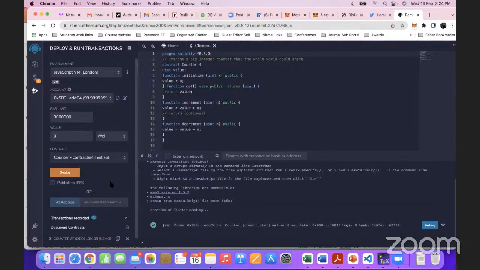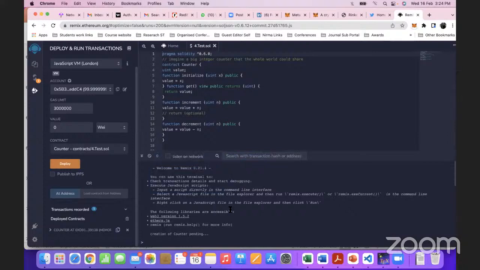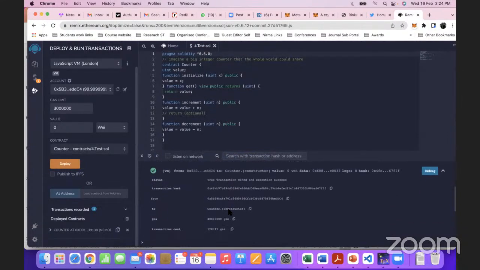Because we have created this smart contract for just an increment or decrement, once I click on this green tick mark, it will open certain other functionality for me. Let me check it and show it to you. It gives me functionality like the status of the transaction, success, and this is the transaction hash. This transaction is between whom and whom, this is the address of the initiator of the transaction, where it started from,